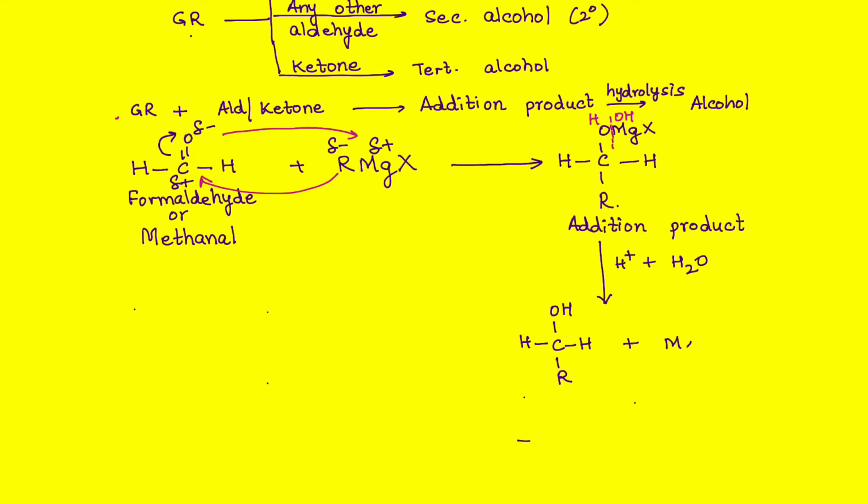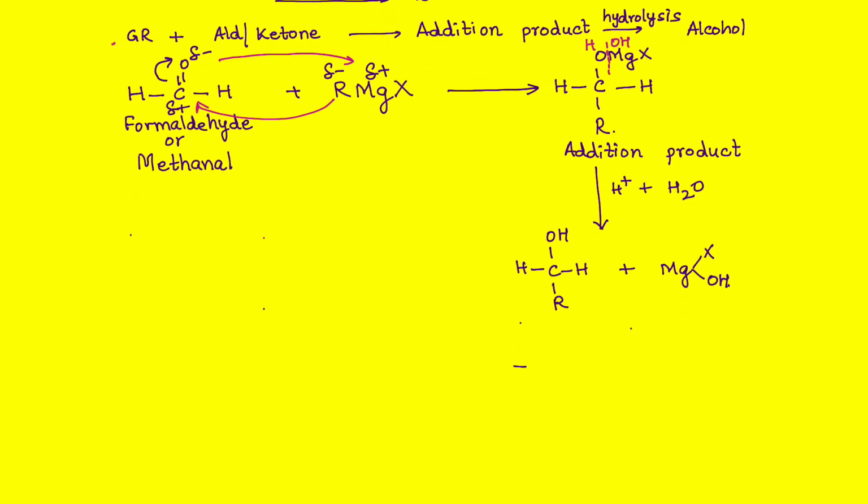But unless you write it with your own hand, how are you going to gain confidence? Now look at the product. What product have I got over here? R CH2OH. And so what is this? When the functional group is CH2OH, yes, of course, it's a primary alcohol, also written as a 1-degree alcohol.